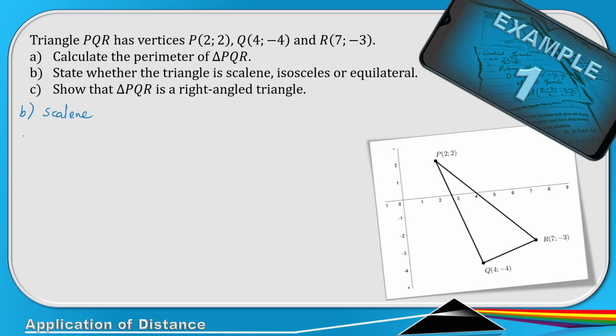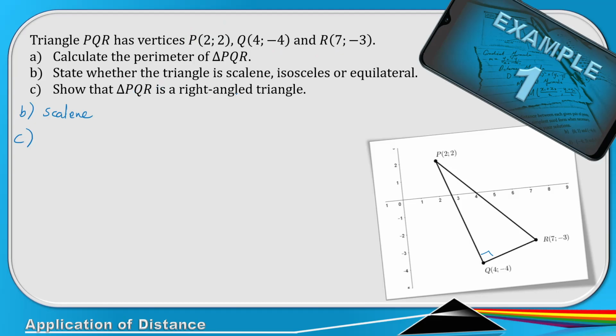Okay, and then for C, show that triangle PQR is a right angle triangle. Now, if we look at the sketch, we can see that this almost looks like a right angle triangle. And normally when we are given this question, and especially if we are not given the information above, let's say we are just given these coordinates and we have to show that it's a right angle triangle, what we would